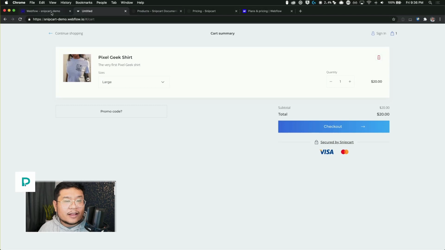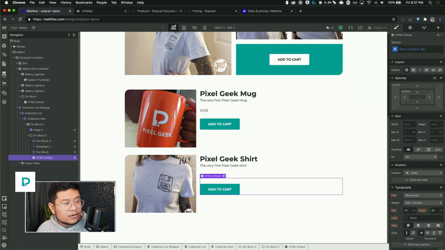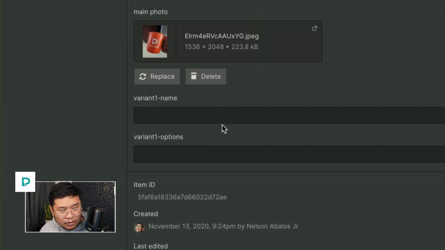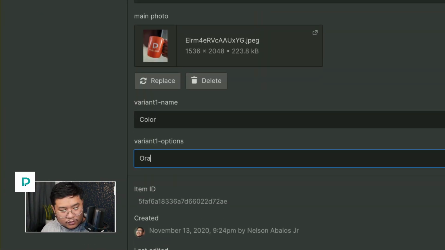Let's go ahead and do that again with the Pixel Geek mug. So I'm going to go to my products, go to the mug, variant name, we're going to call it color. And we'll start with orange. We have blue. Let's call it dark blue.